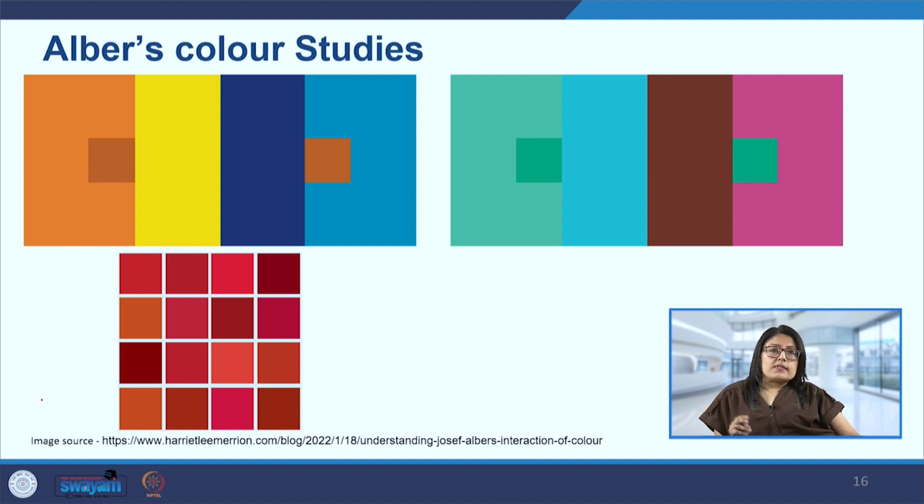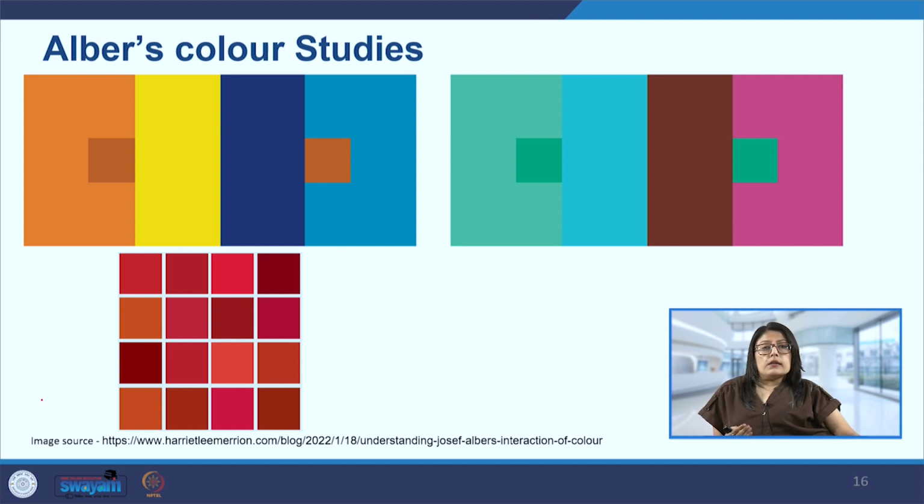They are the exact same shade or tint of orange. Although on the right, the one on blue seems to be brighter or lighter in color compared to the one on the left, that is because of the color it is sitting on and the color which is next to it. So that is the kind of misleading behavior of color that Albers was interested to study,